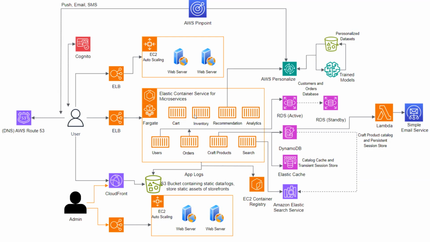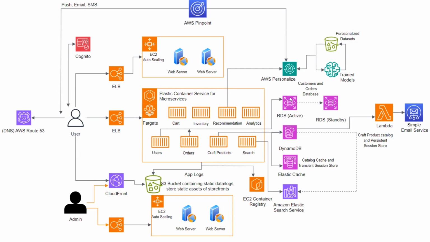Then at the heart of the architecture is a collection of polyglot microservices hosted in Fargate that represent domain constructs such as cart, inventory, recommendation, analytics, search, craft products, orders, users,